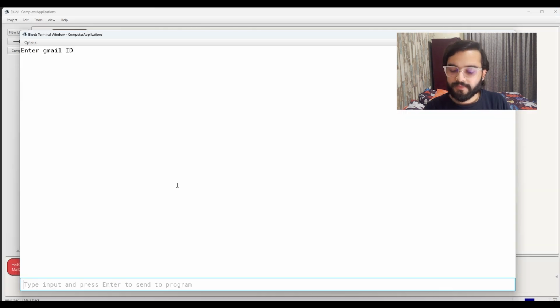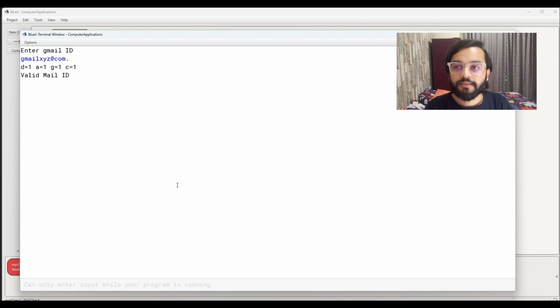So I am taking the example which I explained earlier, gmail xyz @com dot. As per the approach we used, this is a valid mail ID, but in real life this cannot be a valid Gmail ID.